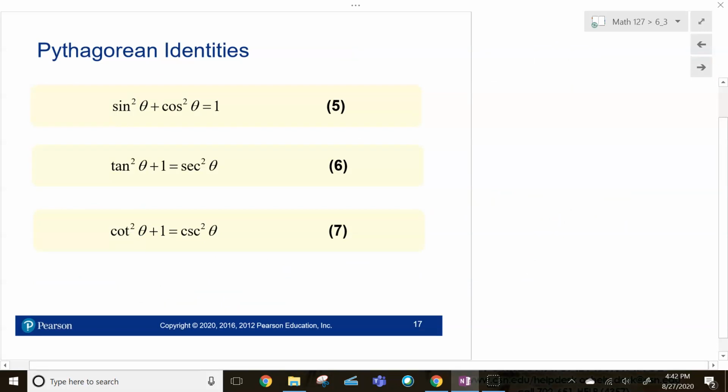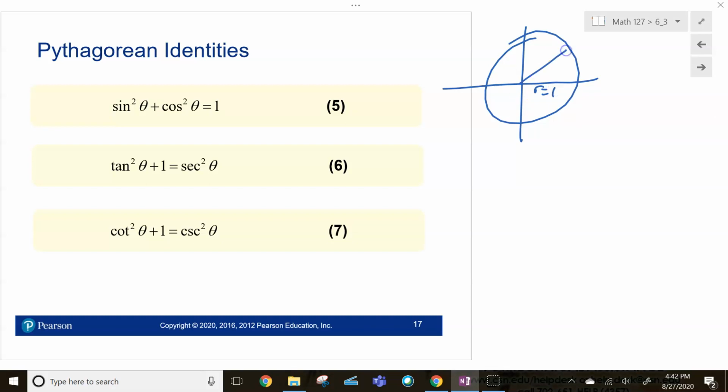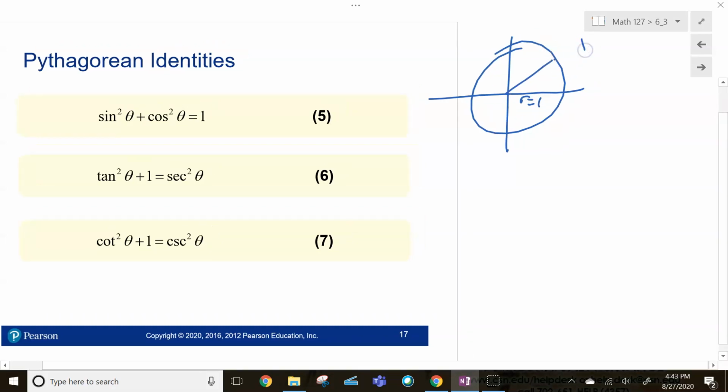All right, the Pythagorean identities. So Pythagorean identities say sine squared plus cosine squared equals 1. And by the way, if you think about your unit circle for a minute, where our radius is 1, this is our x comma y. In other words, I'm over x amount, I'm up y amount if I draw that triangle. And we know for a right triangle, and this radius is 1, we know x squared plus y squared is